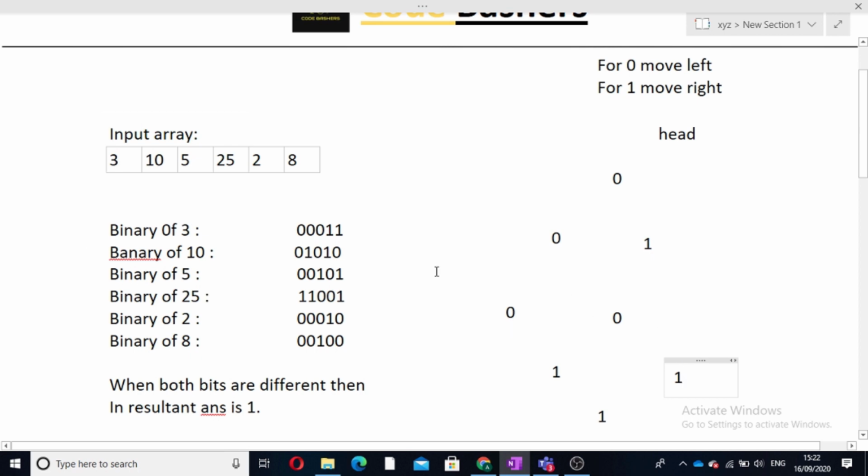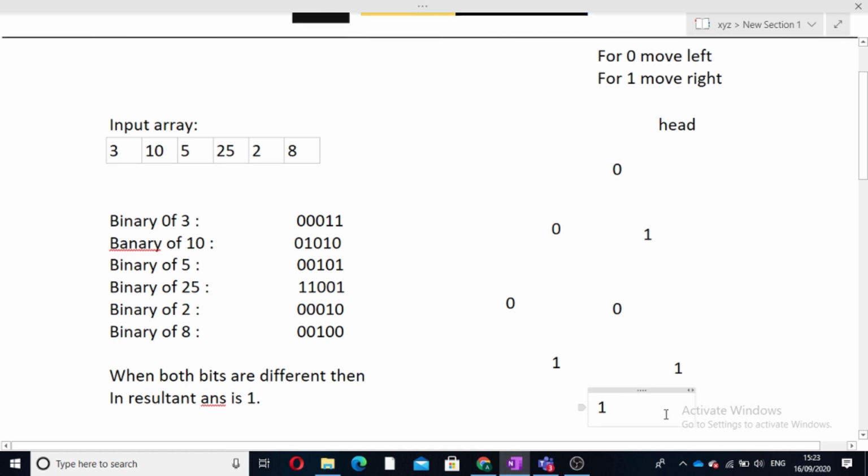Now from this node we have come to this node and inserted a value, and now our bit is 0 and we are at this node. We will check whether on the left side 0 exists or not. So 0 does not exist on the left side, so we will insert the value of 0 on the left side, and now from this node we will be coming to this node. So we have inserted 10 in our trie.